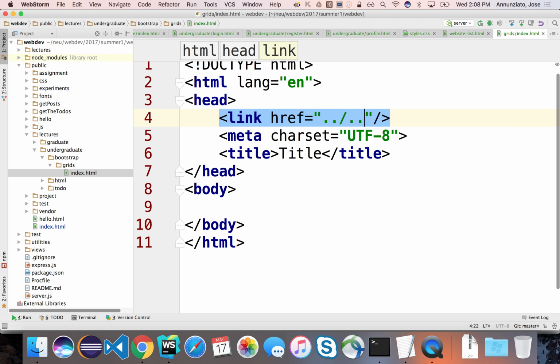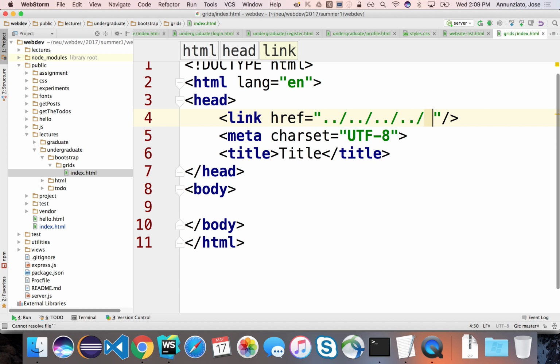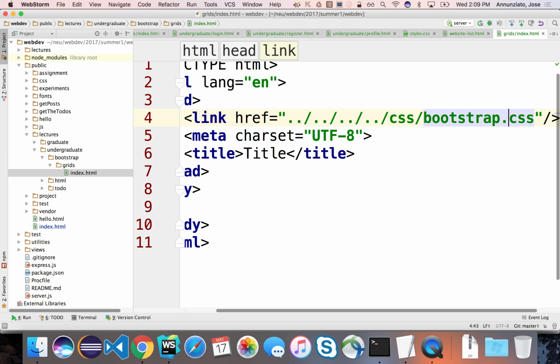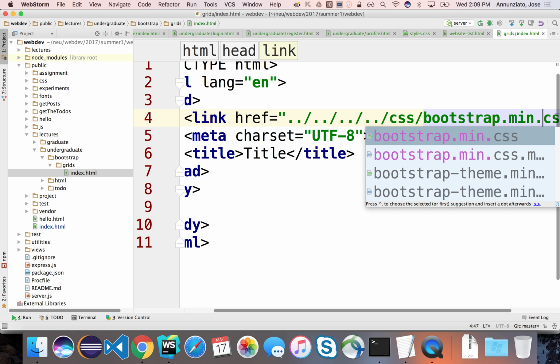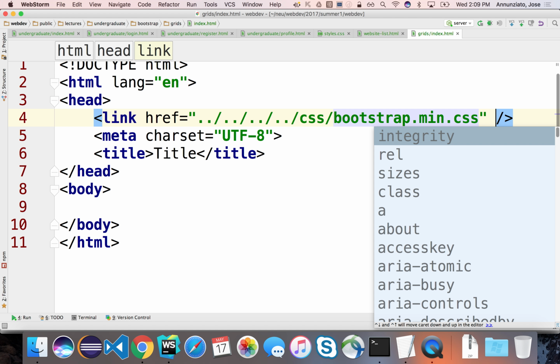href. Let's go up. Where are we? Graduate. I think one more. CSS. What do we have here? Bootstrap. There we go. And we might want min. There it is. So this is